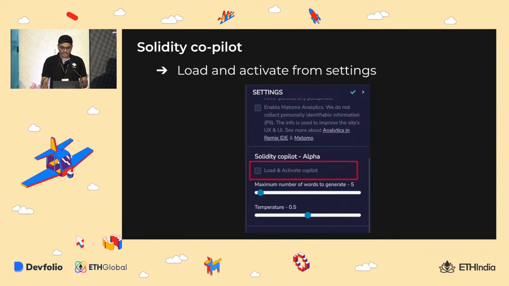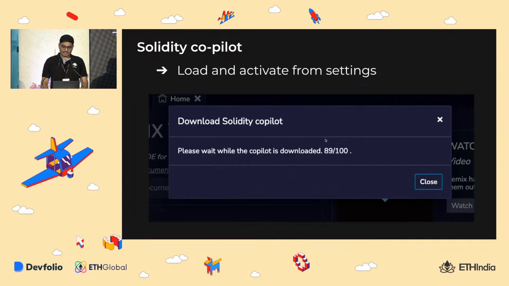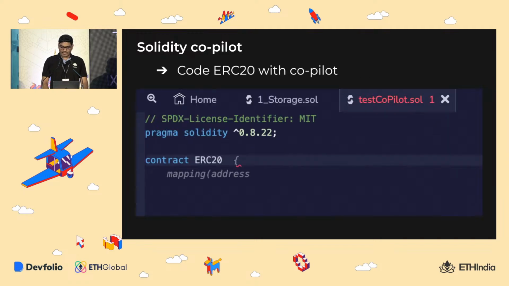I can show you how you can activate it. Go to the settings section and check this particular box, load and activate Copilot. It will take some time. Just wait for it as of now. Do not close this dialog. It will take 4 or 5 minutes to download that particular AI model,